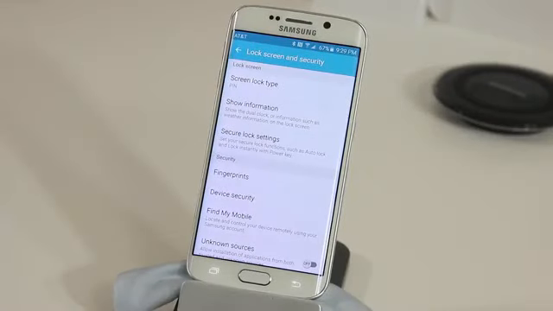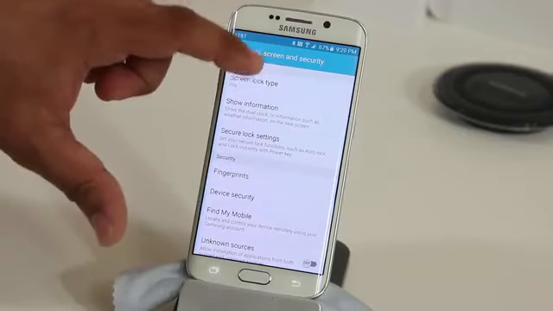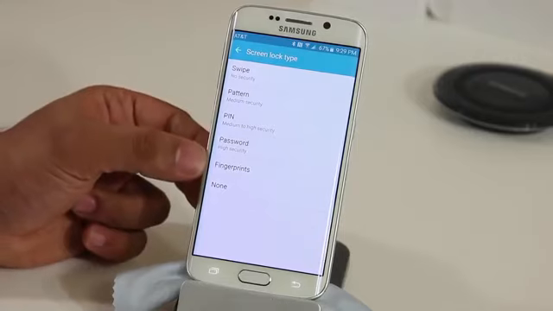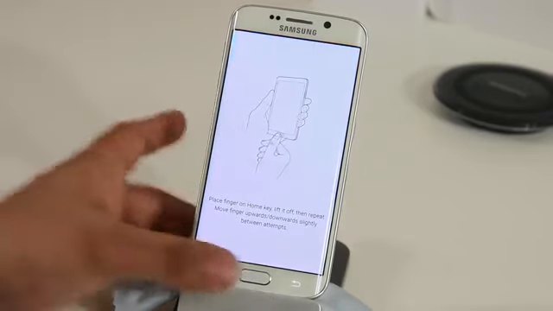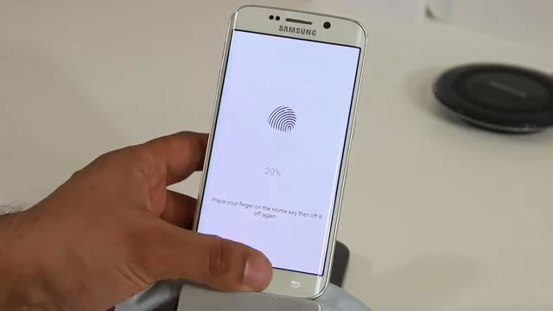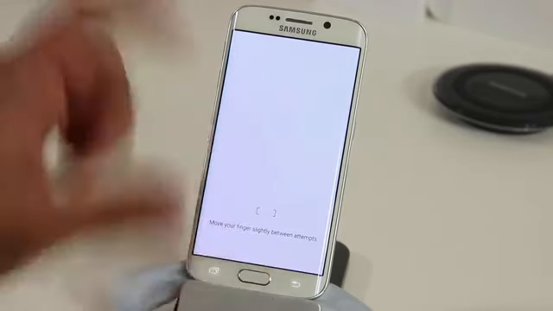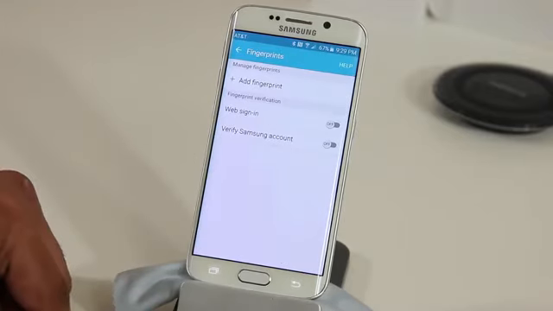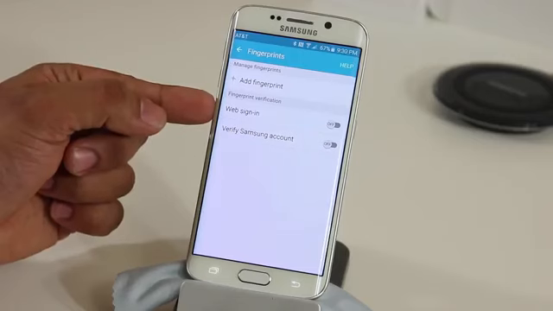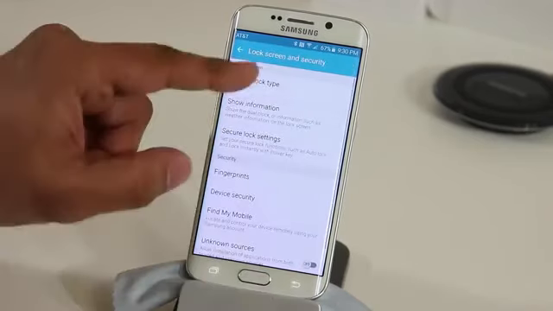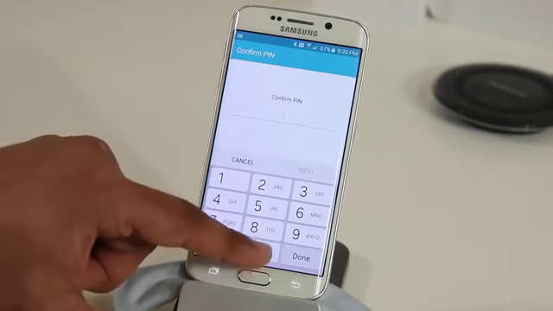And as you know, the Samsung Galaxy S6 series, they come with fingerprint sensors that work really nice. So if you go back to screen lock type, let's just unlock that. At the bottom it says fingerprints. If you tap it, you can create brand new fingerprints. All you do is keep tapping until it fully recognizes your finger. Okay, I'm not going to do that right now, but you get the idea. And then using fingerprints, you can do web sign-ins for certain websites and even verify your Samsung account. Alrighty, so let's go back here and put it back to